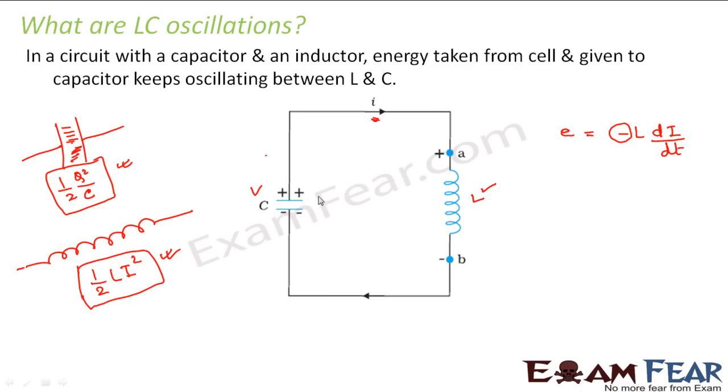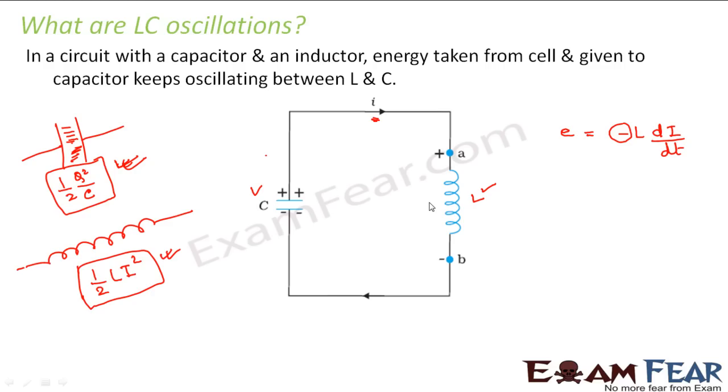So that means in this circuit, initially when the capacitor is fully charged, it has this much energy. That is, the total energy is kept by the capacitor. Then the capacitor starts discharging through the inductor. Now, since the inductor experiences a change in flux, there is an induced EMF in the inductor which opposes the growth of current. Since the inductor opposes the growth of current, it all the more supports the discharging of the capacitor. So the capacitor keeps on discharging and finally the capacitor is completely discharged.